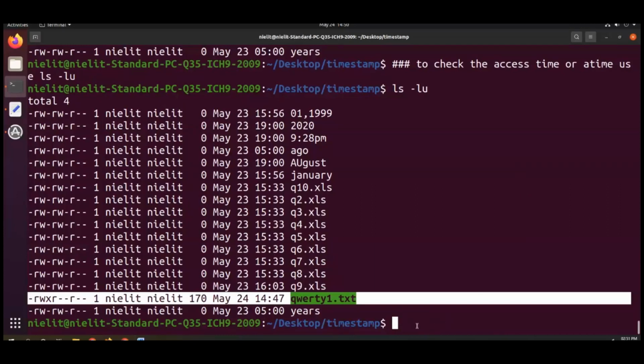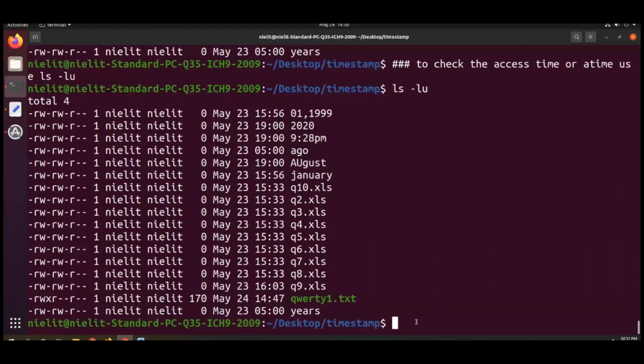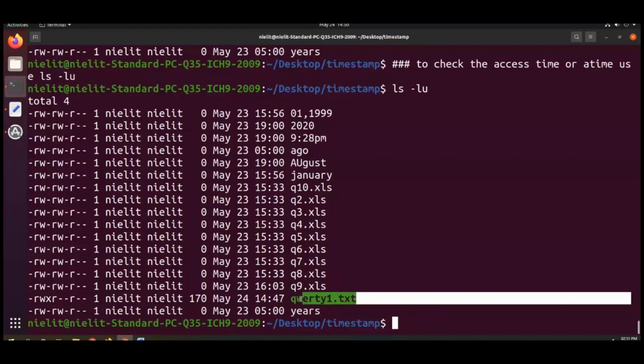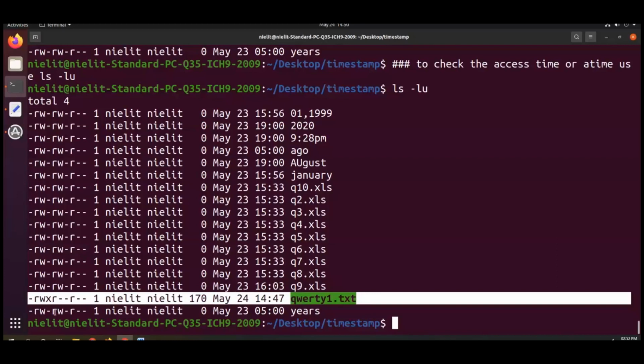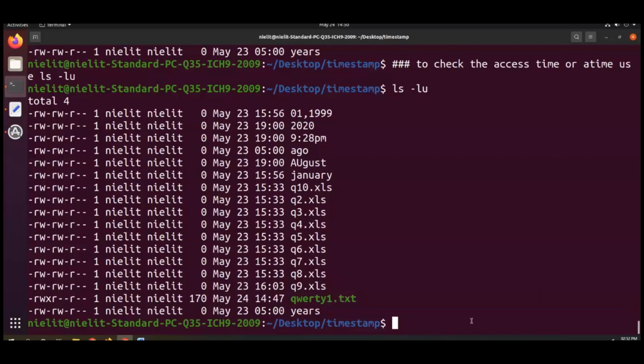Okay. Now what I am trying to do is the same case. See, this quantity1.txt is a temporary file. Am I right? Why? Because it is showing in green color. See the permission of that particular file: read, write, executable access. Now I'm going to change that particular file. I'm going to change the file permission, so that, see,